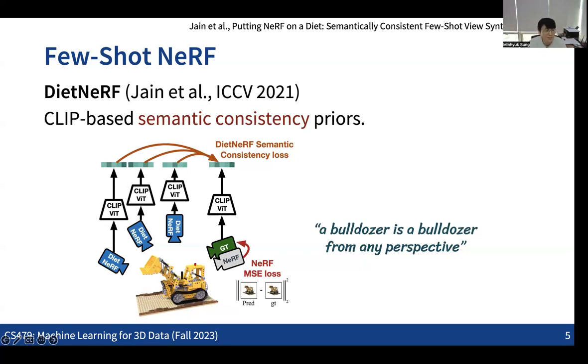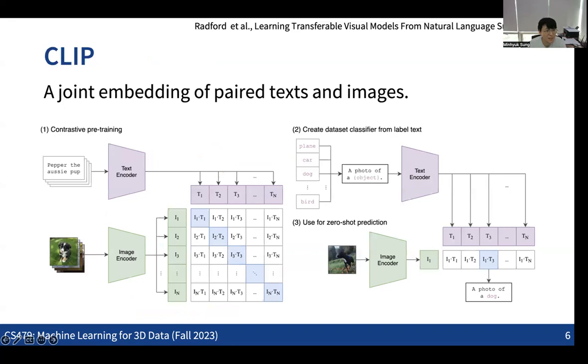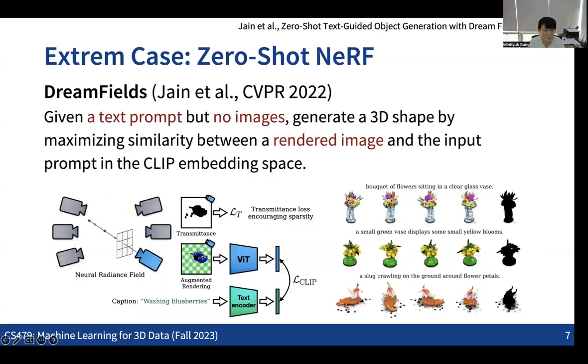So yeah, this was kind of interesting. Now we can use CLIP embedding to reconstruct 3D objects even from these perspective view images. And as the next step, an interesting idea is: do we really even need images? Let's do NeRF even without any images. Here the idea is that what we provide is not even an image, but let me just provide a text description.